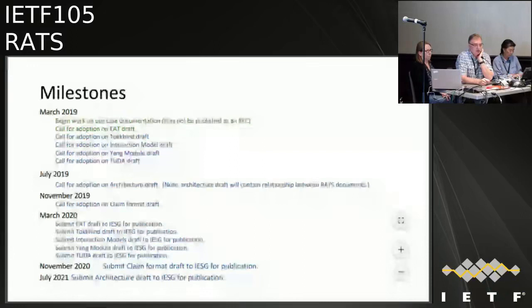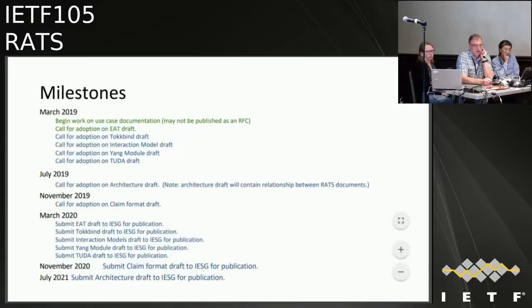We did a call for adoption on the e-draft, and that adoption was accepted. We have a call for adoption for the token bind draft, the interaction model draft, the Yang module draft, and the tutor draft. We're working on making a call for adoption for those drafts.